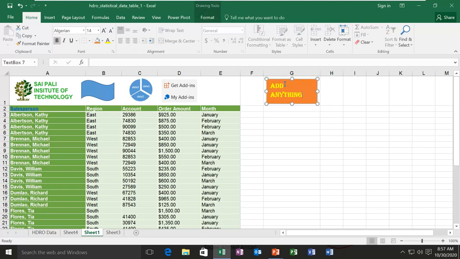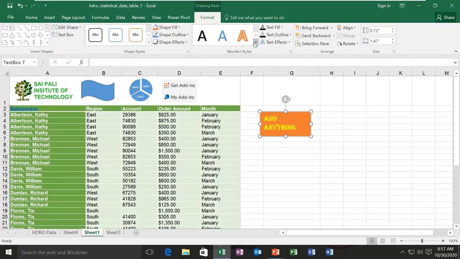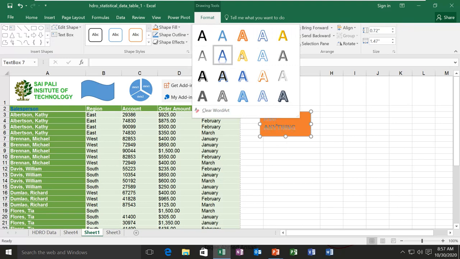And the good thing about the text box is that you can move it whenever you want, wherever you want. It is just like a shape, and you can also format it from here, from the shape, where you have predefined options to choose from.